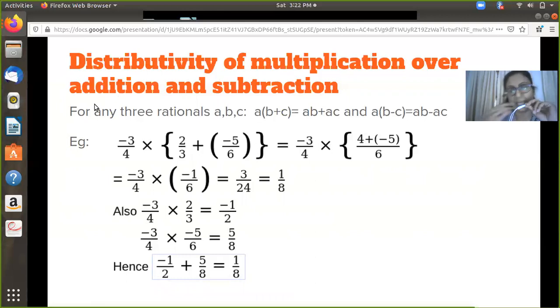So you must go ahead and try to find out whether the distribution of multiplication over subtraction also holds good for rationals or doesn't hold good. So one more property for you to verify. So I think this is it for today. From here, we have gone through all the 4 major properties of rational numbers. So I hope I have been helpful to get some kind of insight into the properties in this online video that I'm giving you. So please go ahead and practice them. Now I think I'll stop sharing my screen. I get back to my original screen.